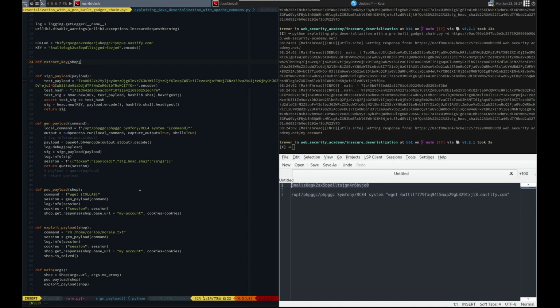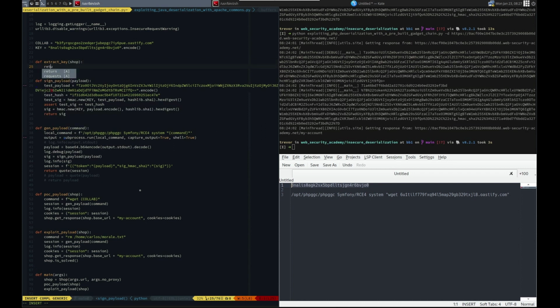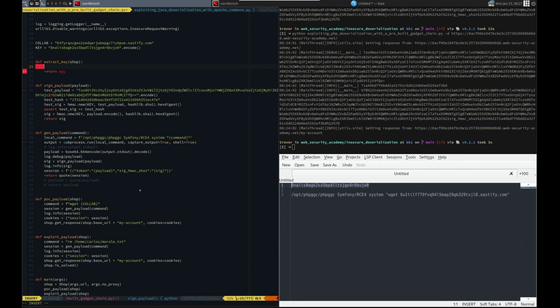This will receive shop and it will return the key. Return key. So we need to get it. We need shop resp equals shop dot get response, shop dot base URL plus